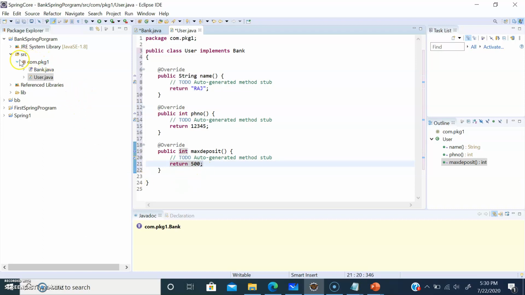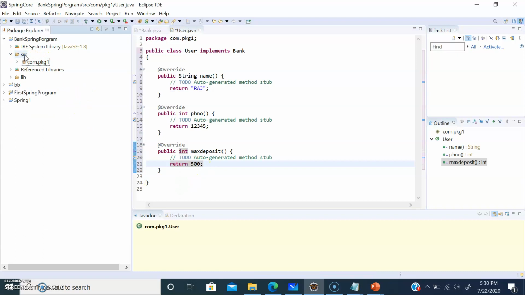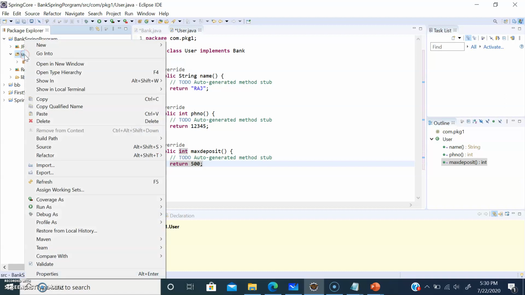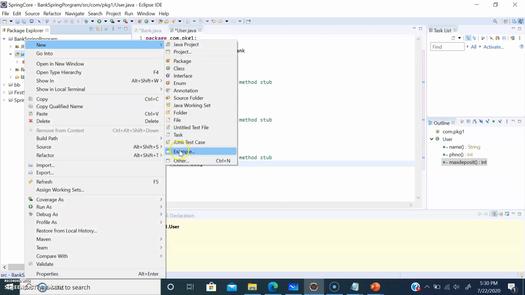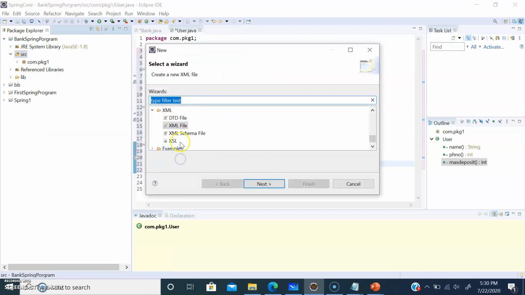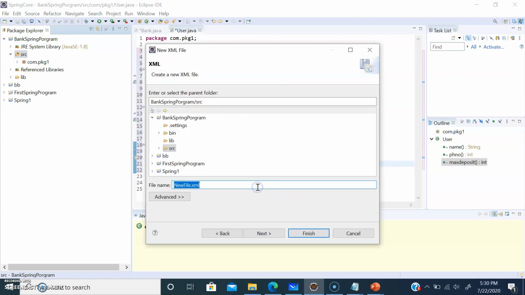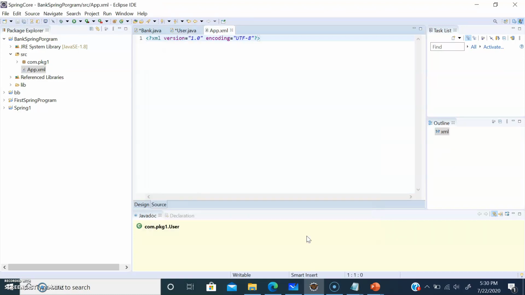Now we are going to create an XML file and then initialize everything in the bean. Click on XML file. Let me give the XML file name as app.xml, and here we need to write some lines. Let me copy that.